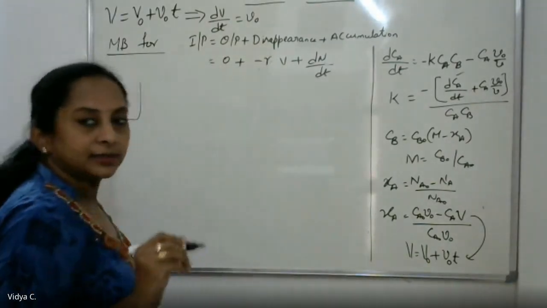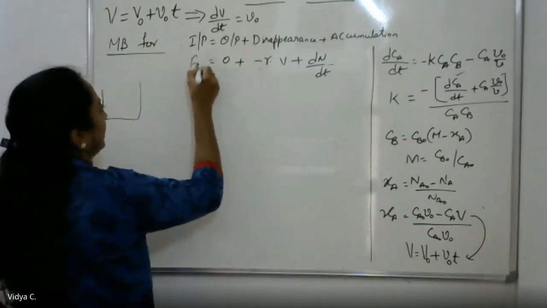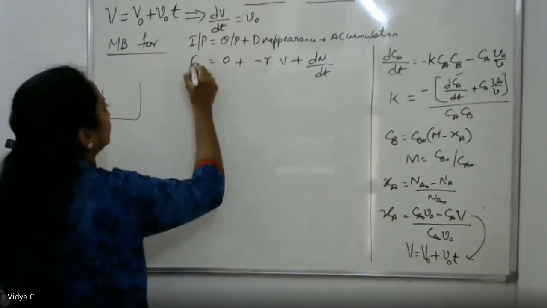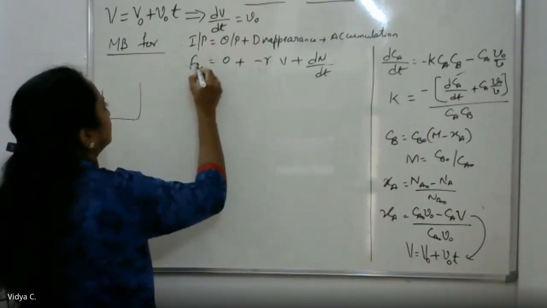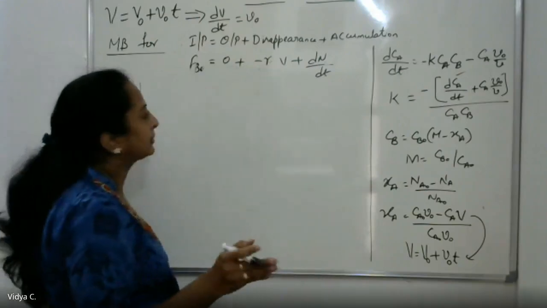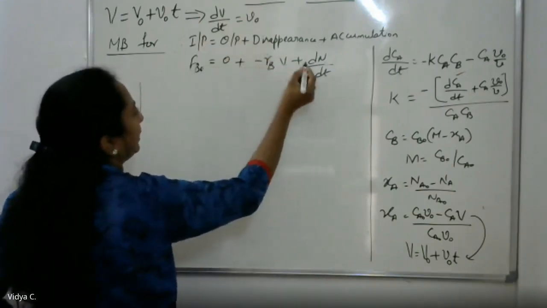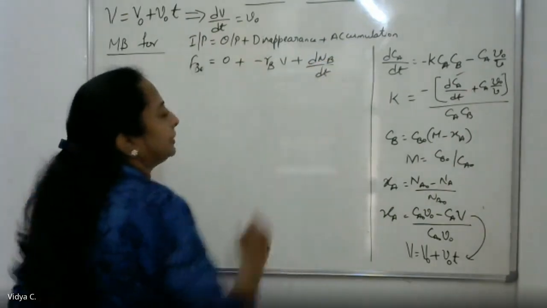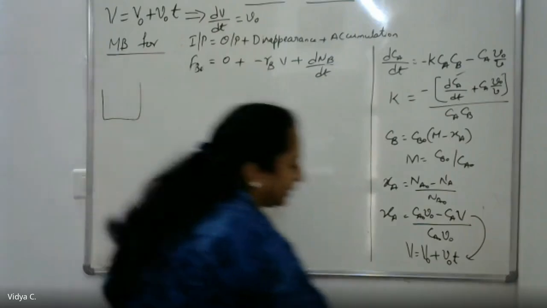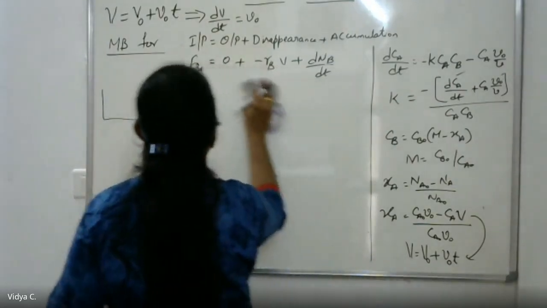Is there a continuous input for B? Yes, it is there. So let me call it as FB naught. Okay. And is it continuous removal of the products? No. So let it be 0. And disappearance RB into V and accumulation dNB by dt. Very simple. And yeah. So in this FB naught,